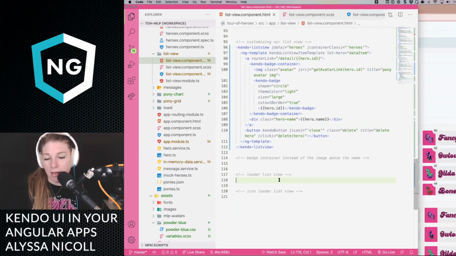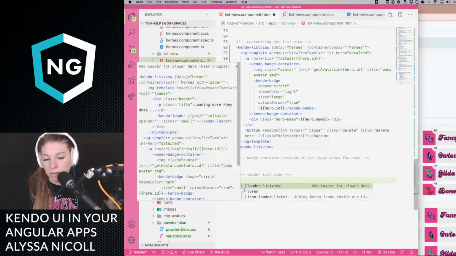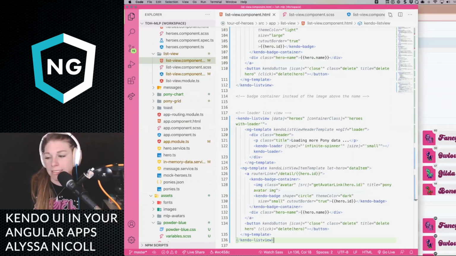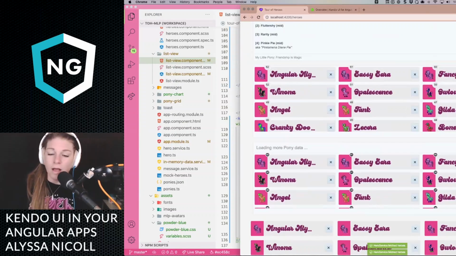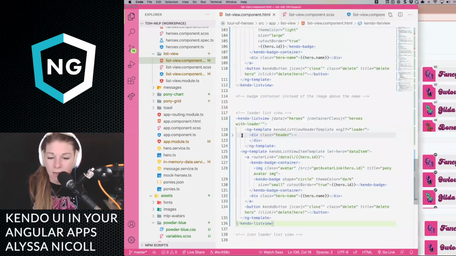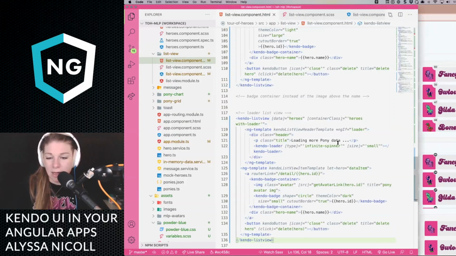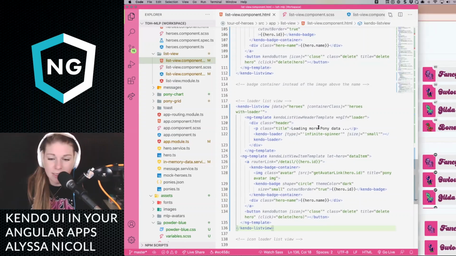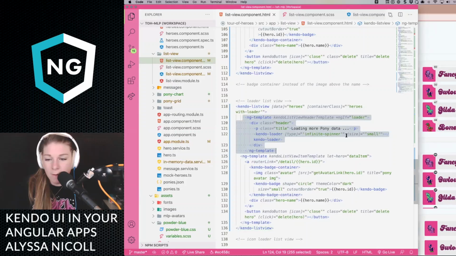We also have the ability to add loaders for whenever data is loading. So I thought it would be cool if the header changed to say loading more pony data and then it had this loader. If we go here, you can see that I'm using the customizability of the list view with ng-template to add an ng-template up here if loader is true.